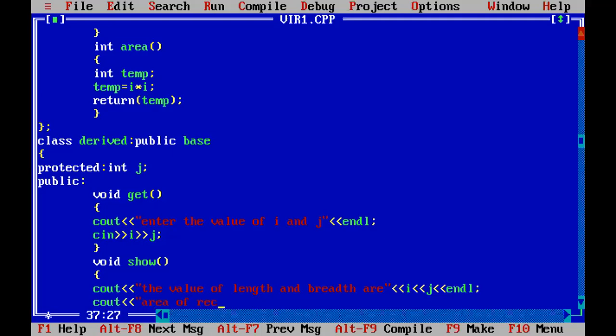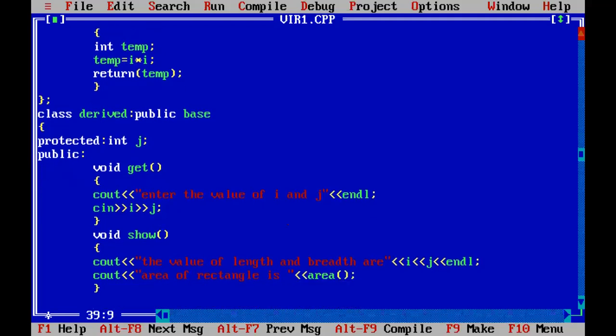Area of rectangle is, then again we have to use function area, and this function is also closed.